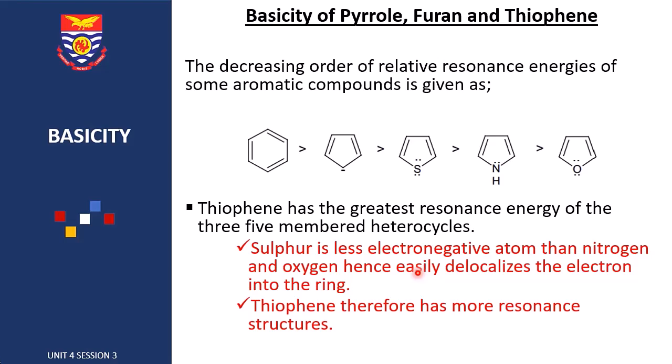So in the formation of resonance structures between thiophene and furan, you can see that because the electrons are not held back with strong forces, they are easily delocalized into the ring to form more resonance structures compared to what happens in furan, because in furan the oxygen is highly electronegative, so its electrons are not easily delocalized to form more resonance